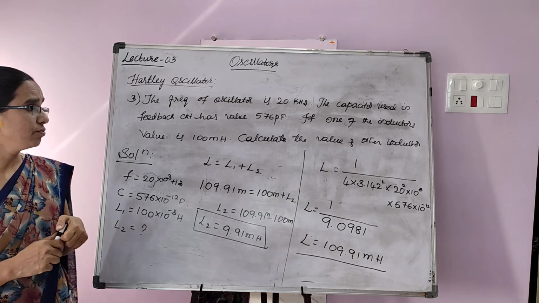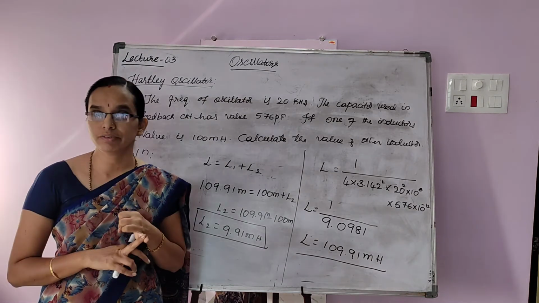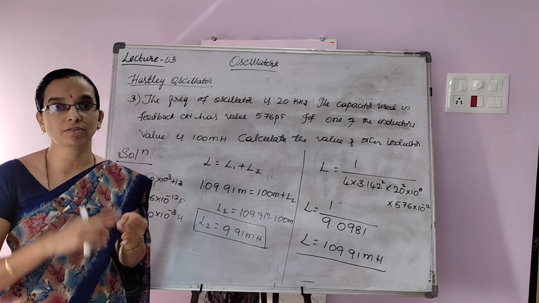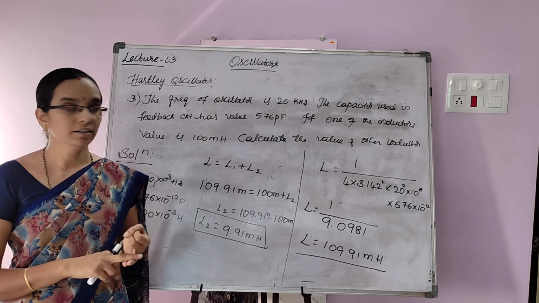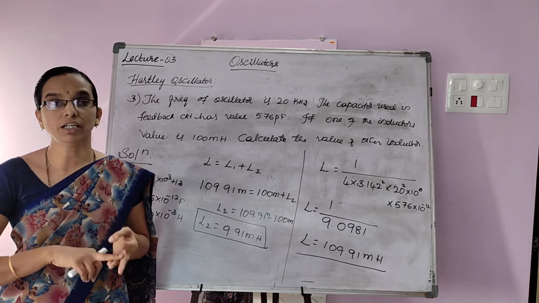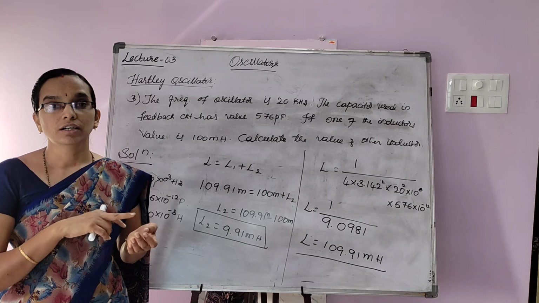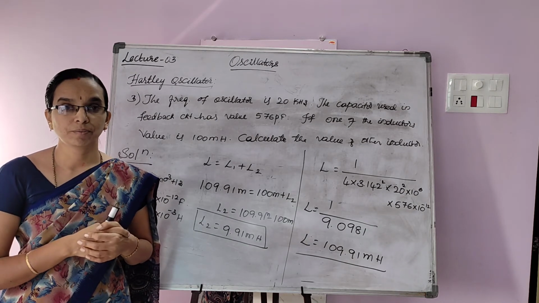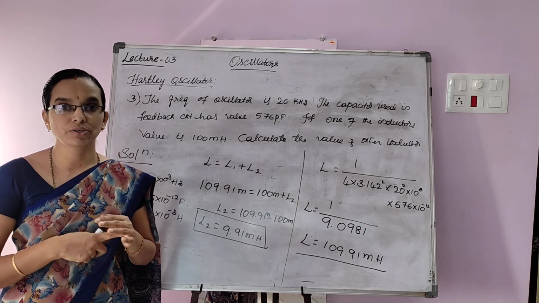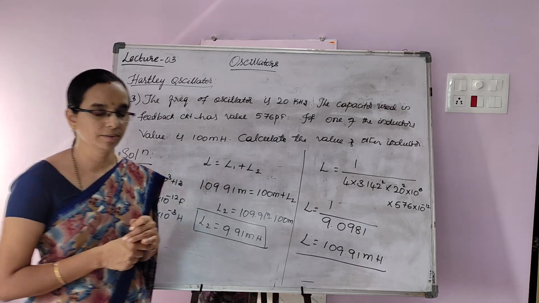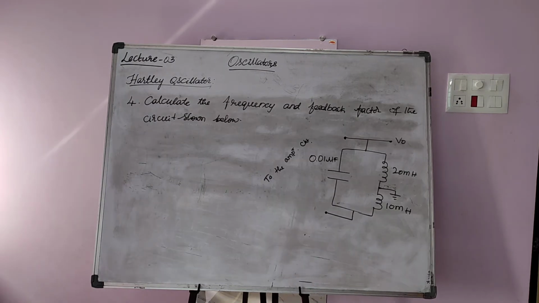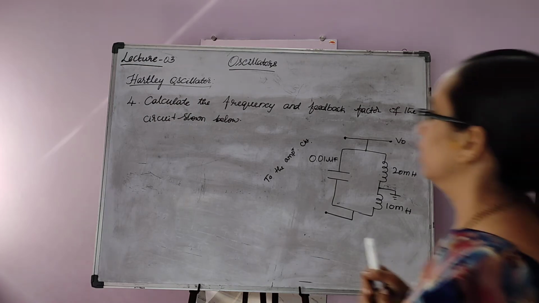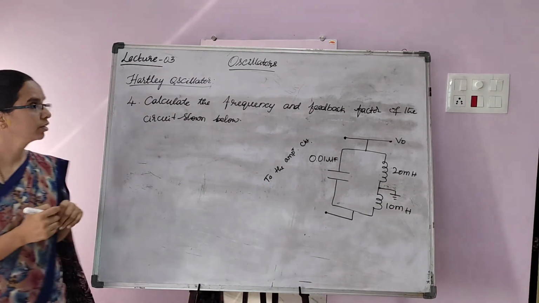Okay. Now we have solved the problems to find out the frequency of oscillations. Also when capacitor and frequency are given, and inductors value is given, we found only the capacitor. We did that problem, and when one of the inductors value is given, another inductor's value we have to find out. While frequency and capacitance value is given, that also we have solved. Take down the last problem.